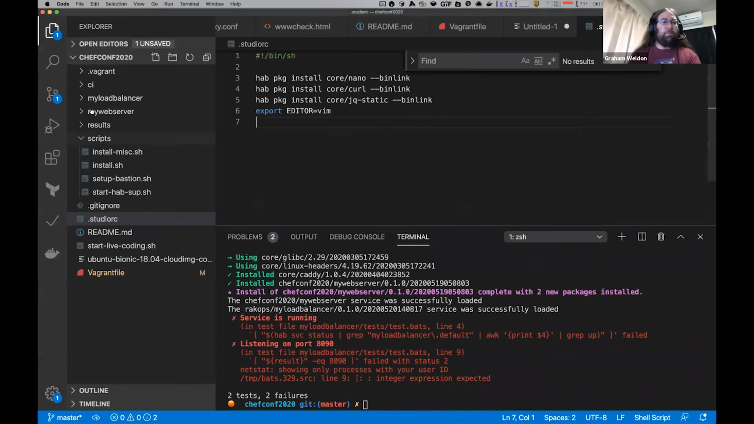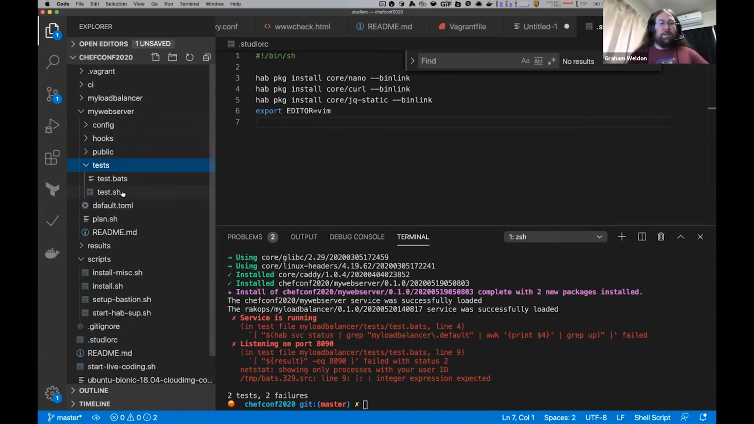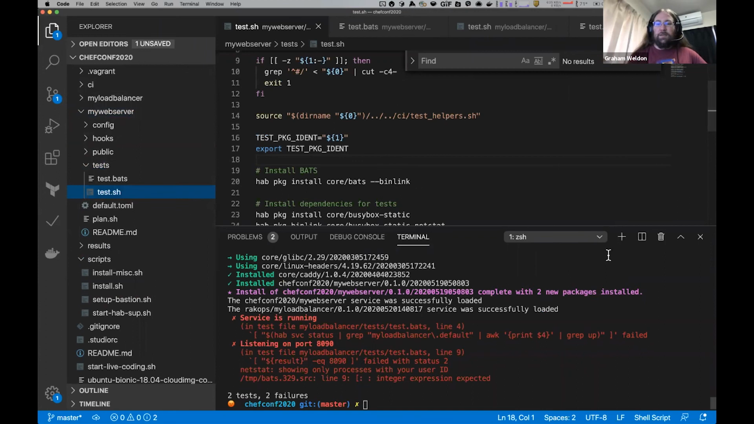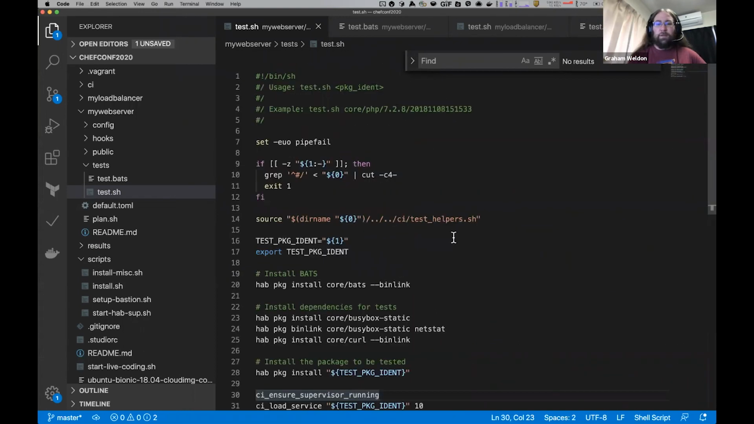Okay, in the repository that I gave you a link to, and there is another link at the end if you missed that, if we look at my web server, we've got a tests directory. We've got a test.sh file. Okay, this test.sh file is